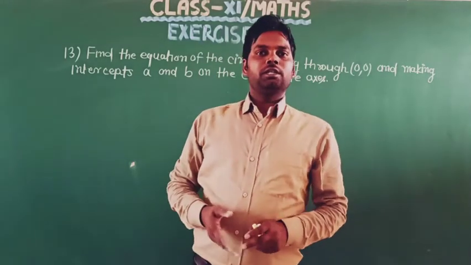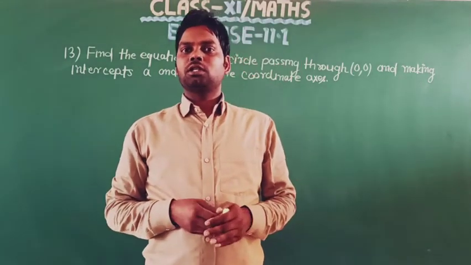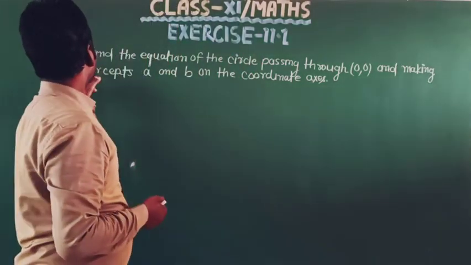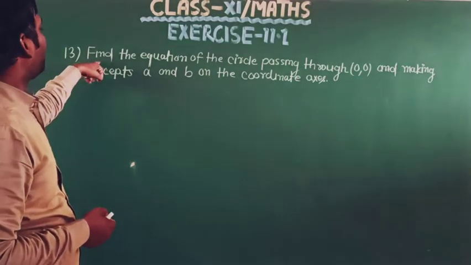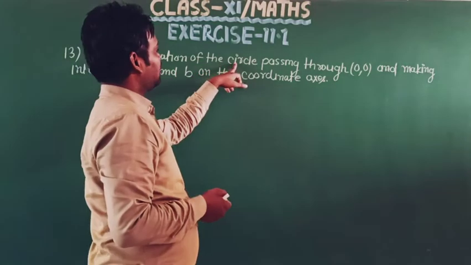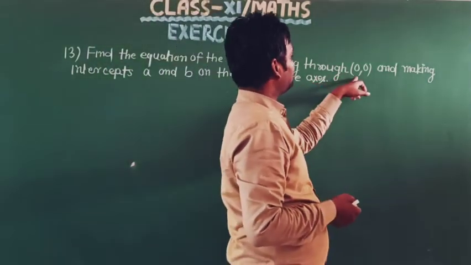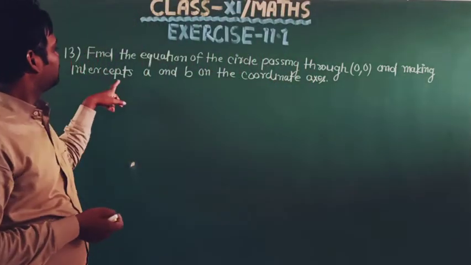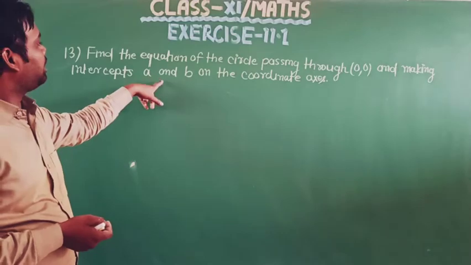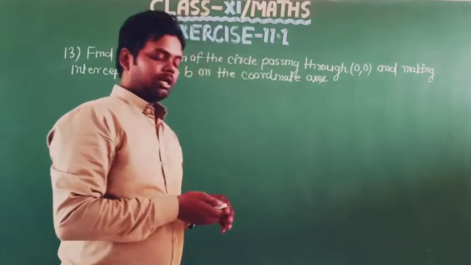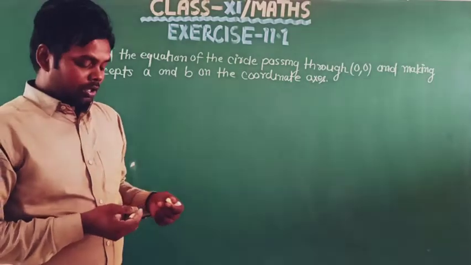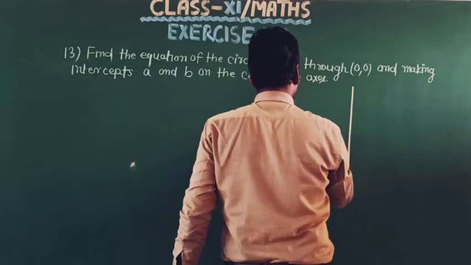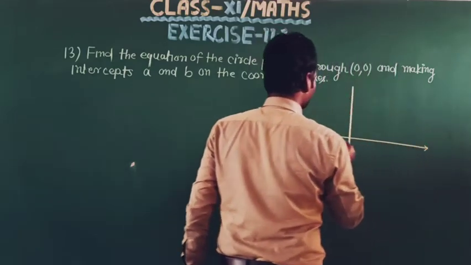Hello student, in this video I will solve exercise 11.1 onward question number 13. It has been said to find the equation of the circle passing through 0, 0 and making intercepts A and B on the coordinate axes. So we have to find the equation of the circle which passes through